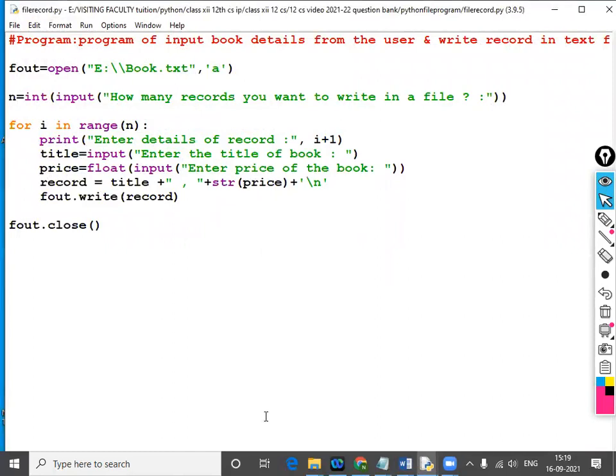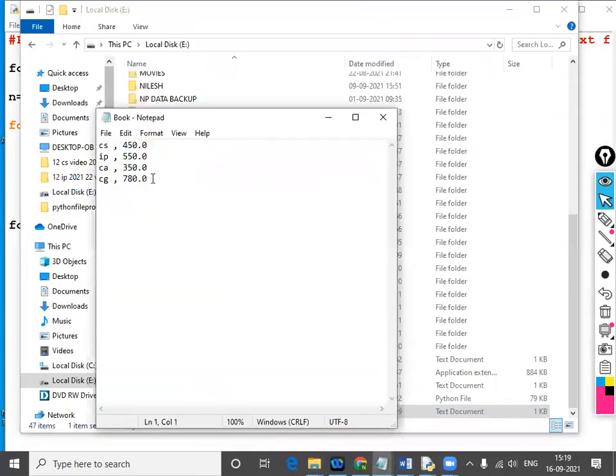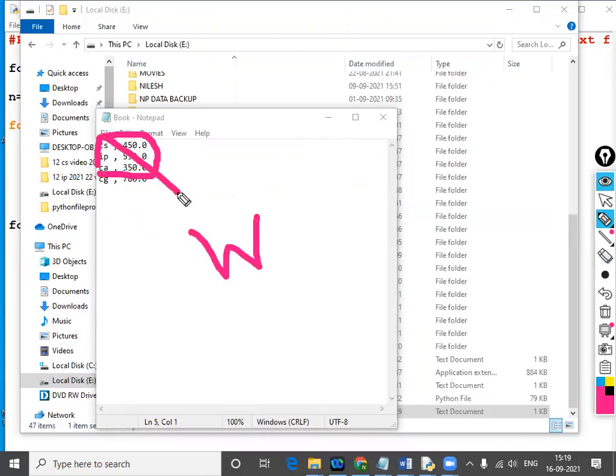Now see, 4 records are entered. That is called append. In the previous situation, these three were always overwritten. If we are writing it in W mode in this same file, it will overwrite it, and whatever we write, it will store. And if we are using append, it will store it from this place.